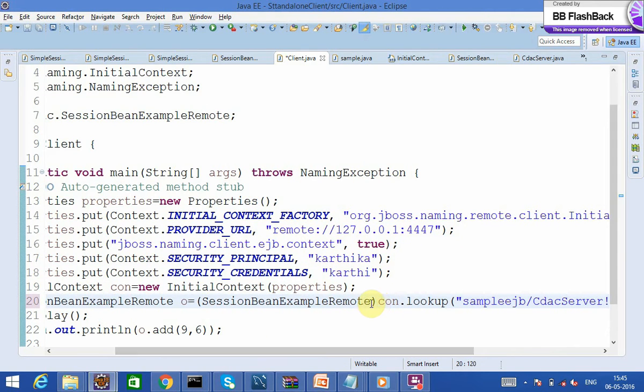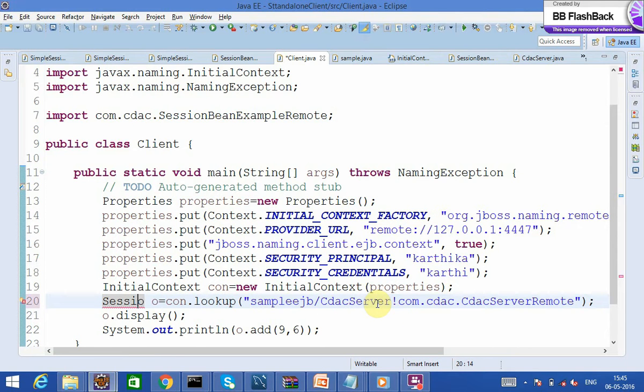Now this will return me an object of type CDACServerRemote. For the client to know the object and the methods in it, it has to import the jar.